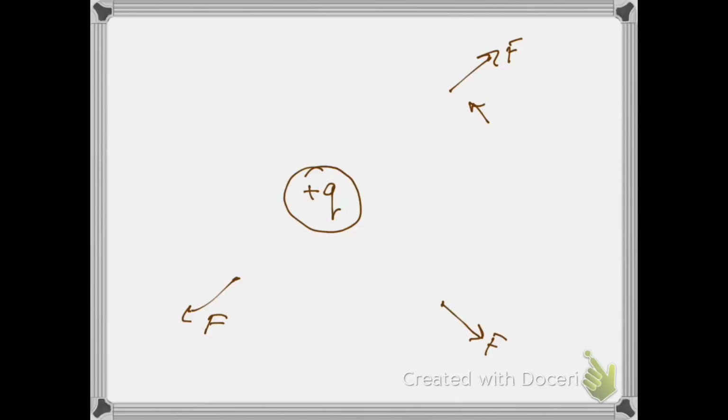So how do we define this field? Let's go back to the electric charges. If I have a plus charge, plus Q, and let's just make it an object with a charge Q, we know that if I were to put another plus charge right there, it would feel a force in this direction. If I were to put a plus charge here, it would feel a force in that direction. If I were to put a plus charge here, it would feel a force in that direction. So the field is just the force that it feels without the charge, and we actually define the electric field,